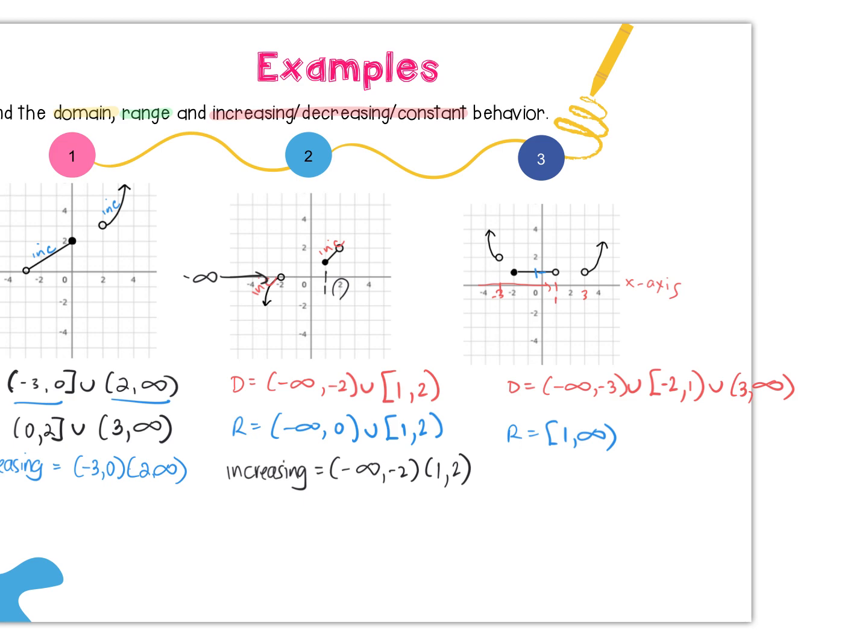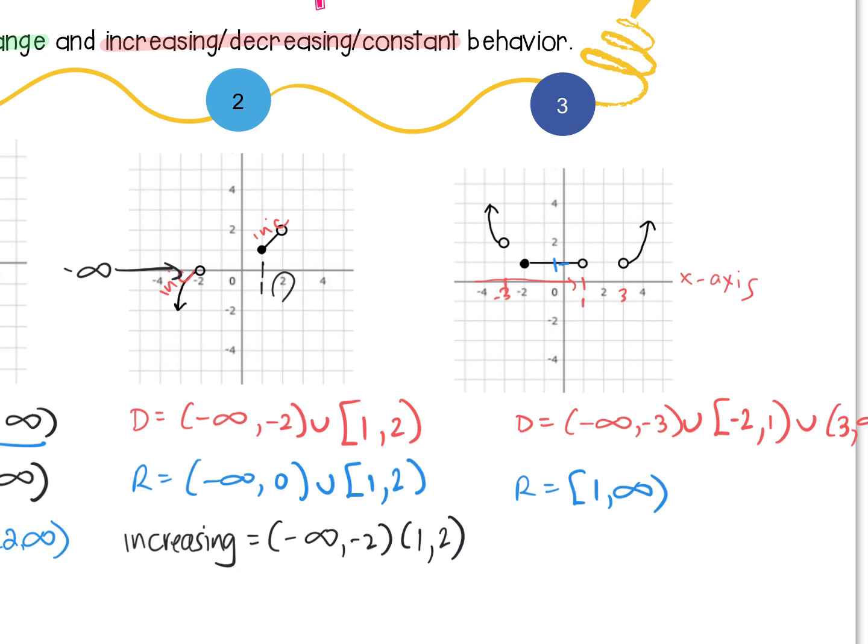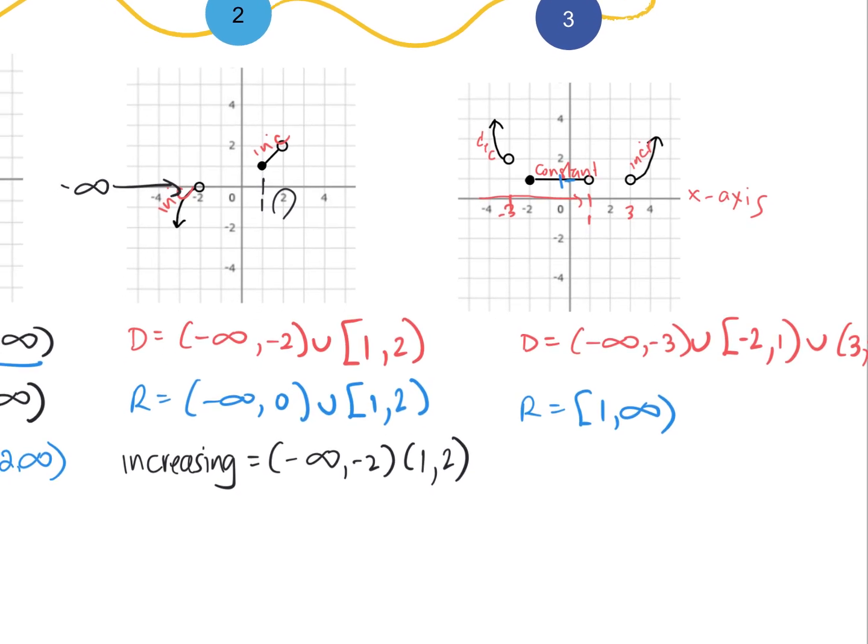And then lastly, where my graph is increasing, decreasing, or constant. And again, I notice as I move from left to right, this is decreasing. So finally, we have one that is decreasing. This is a constant. Notice it's not going up or down. And this one is increasing. So again here,